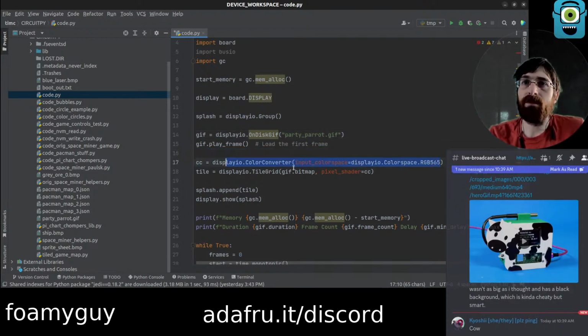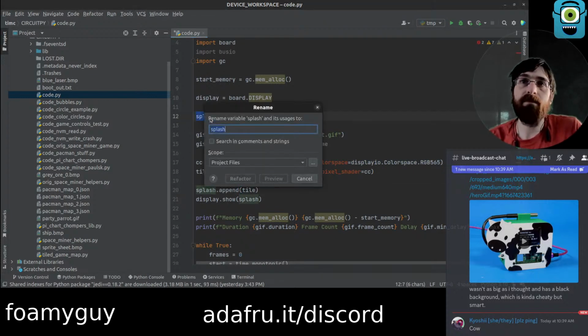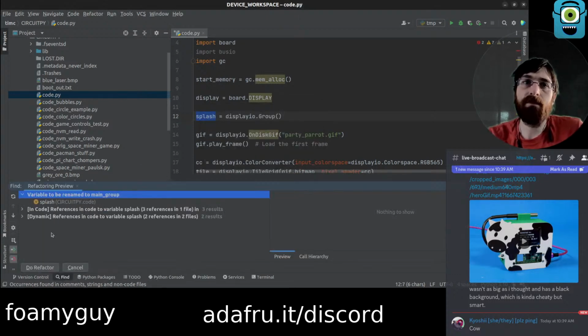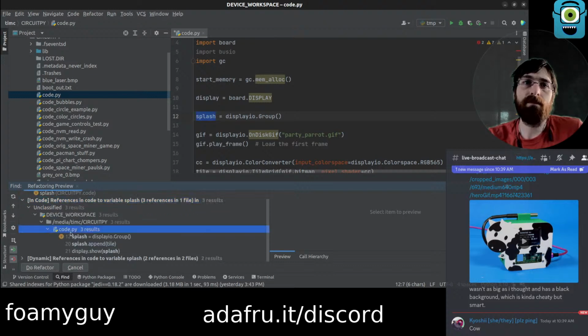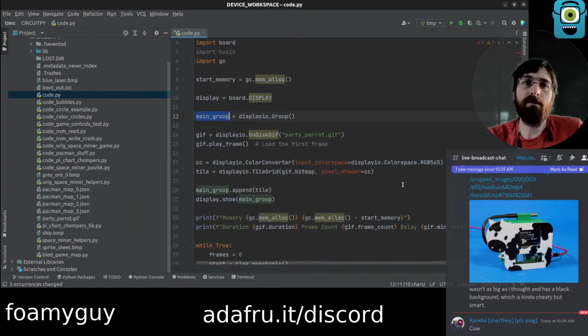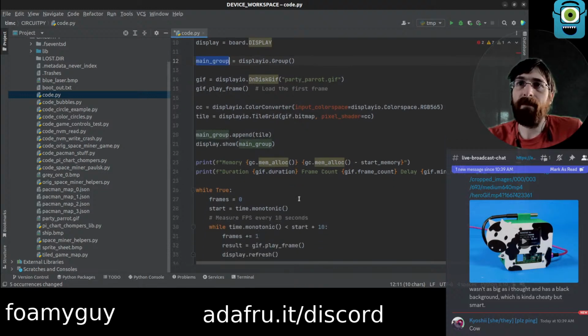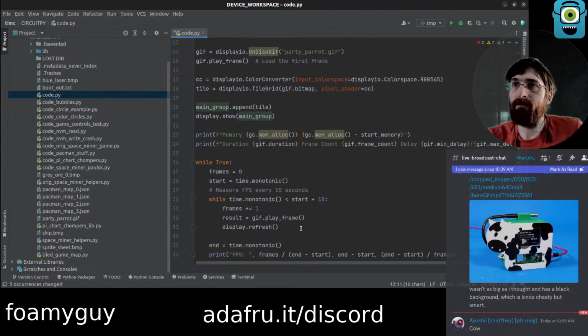There's space. I'm gonna change this to main group. Frames.